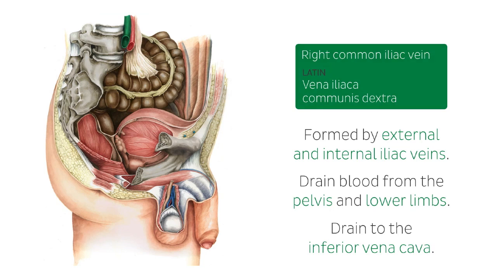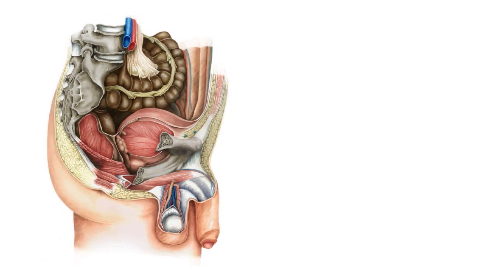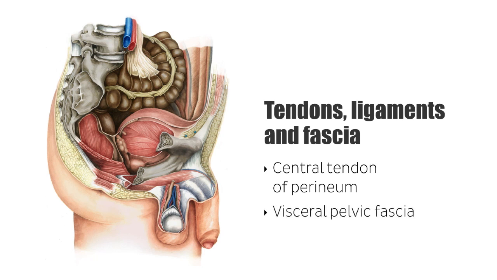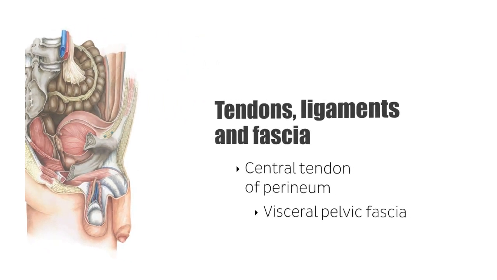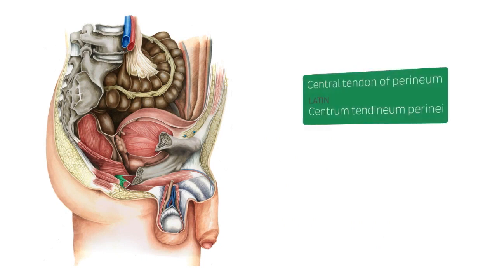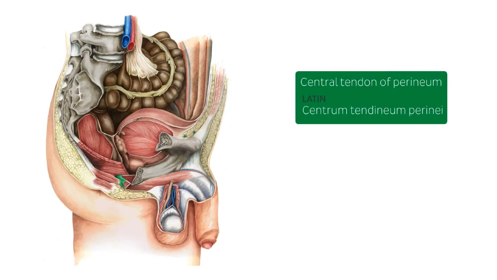Let's move on now to a next set of structures that we see here on this beautiful image, and we're going to look at then the tendons, ligaments, and fascia that we can find here, including these two, the central tendon of the perineum and also the visceral pelvic fascia. Now we're going to start off with the very first one here on our list that you see now highlighted in green. This is known as the central tendon of the perineum, which we can also call the perineal